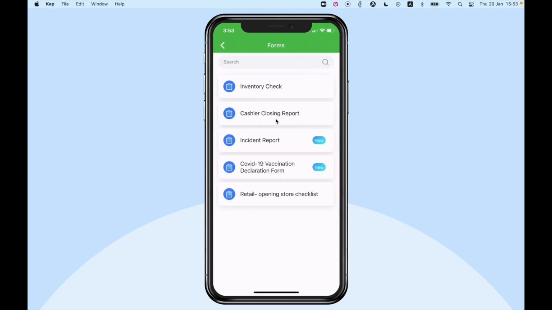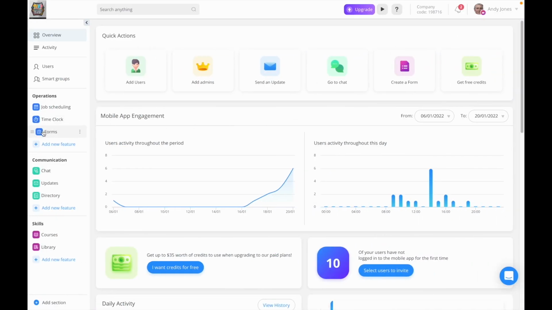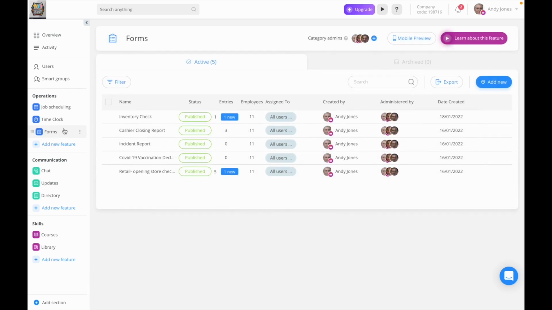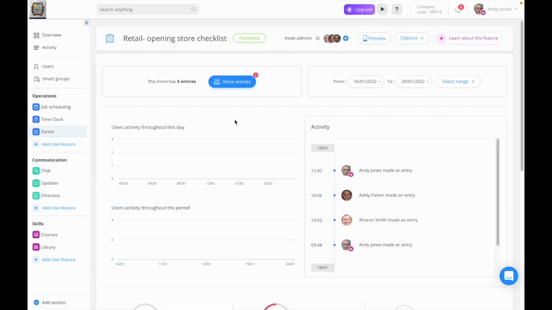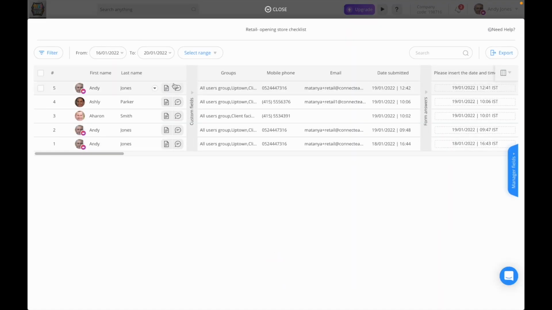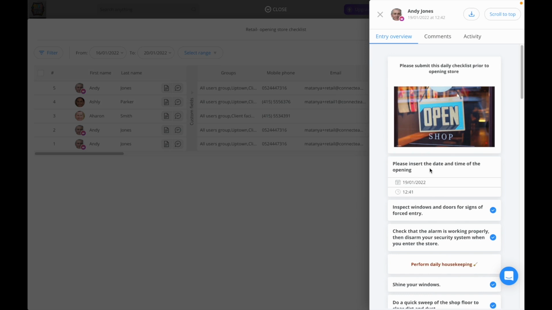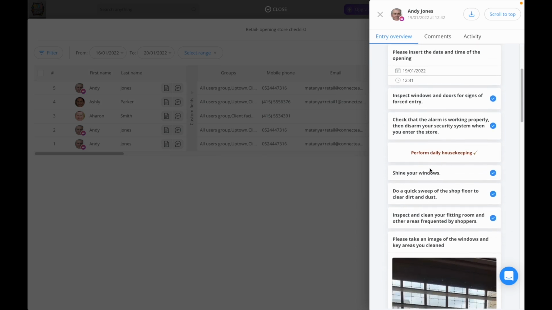Now let's take a look together and see how the admin will be able to view those submissions. So let's go to the admin's dashboard and to the forms. And let's take, for instance, the opening store checklist. First of all, you can see all of the entries that were submitted. The entry itself, what your employee has submitted, all of the data that was submitted, the date and hours, all